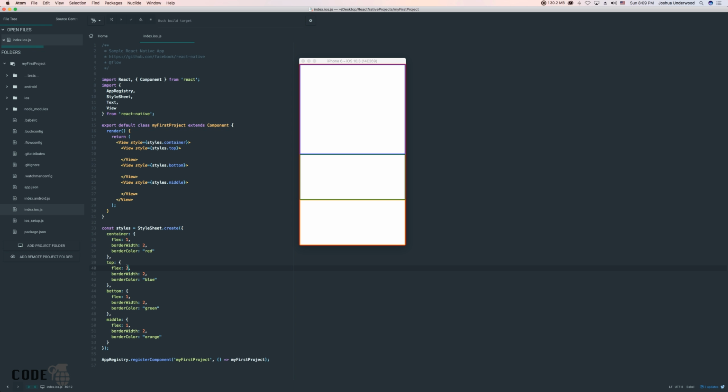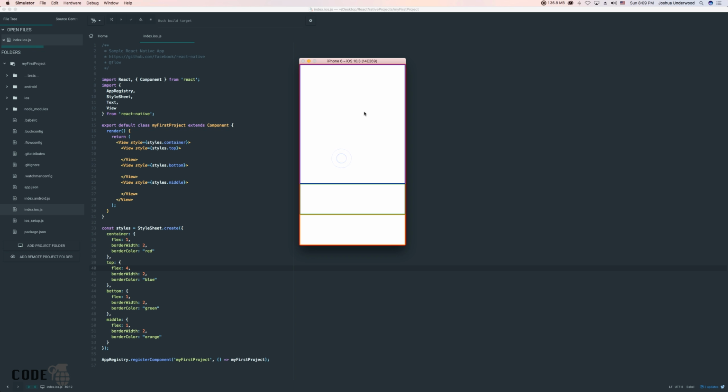It's a fraction simplification. So, out of the 4 flex values, this top container is going to get 2 values worth of space, and the other ones will have to divvy up the last 2 values of space evenly between the 2 of them. Okay, so the top half of the screen is taken by blue, the bottom half is divided evenly by green and orange. I'm hoping that makes sense, and of course we can jack it up even higher by going with